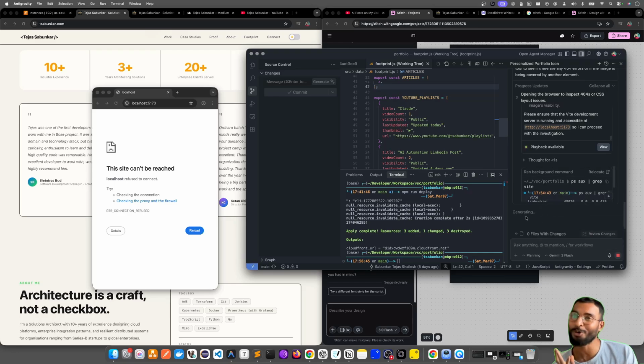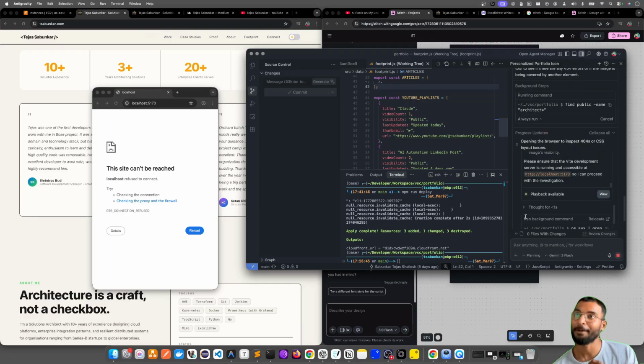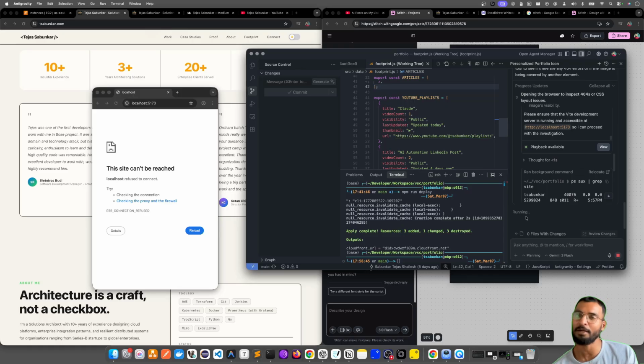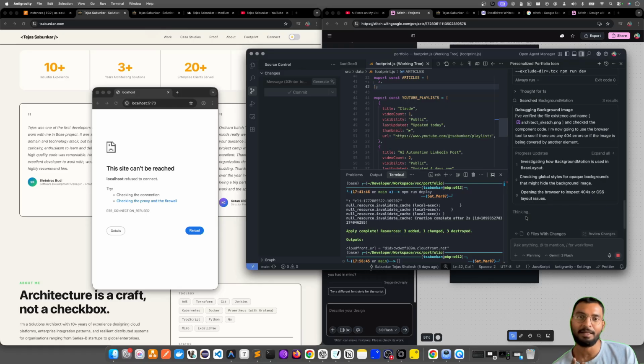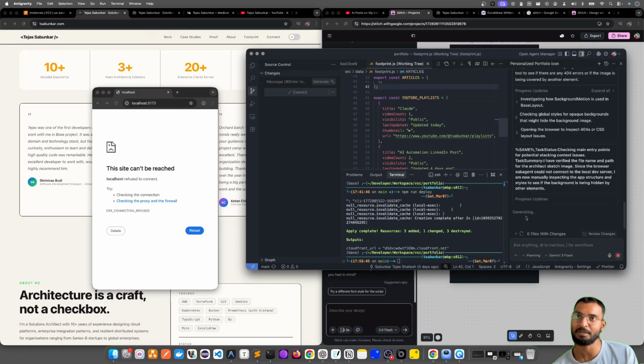I'm not using Claude Code, by the way, because I got a huge bill to pay, so I tried to find an alternative that can help me do vibe coding in a freer fashion. I found Anti Gravity, and here it's quite helpful, I would say. So till it goes and fixes the bug,